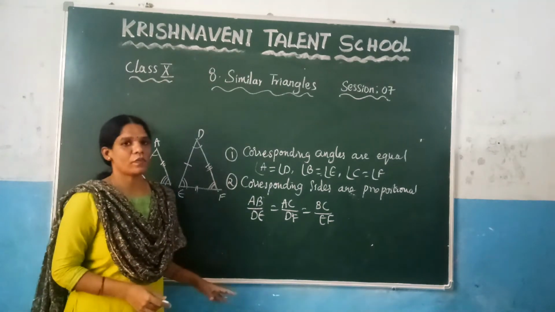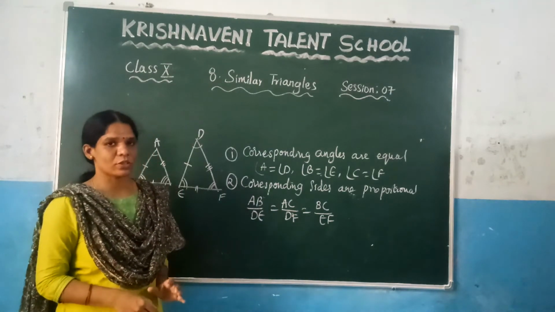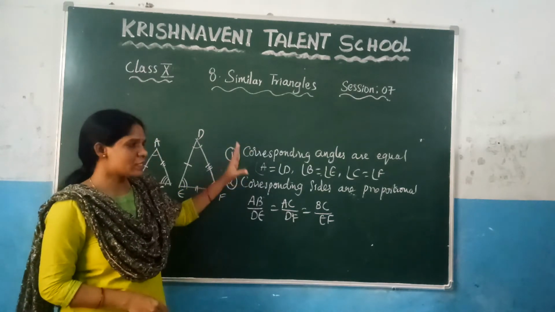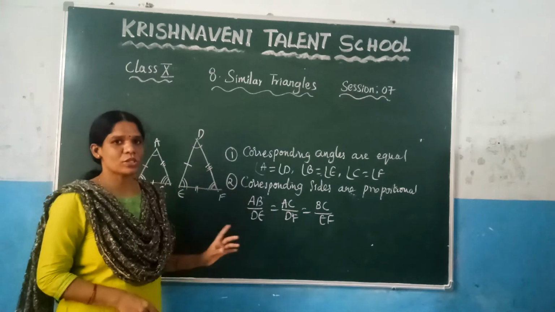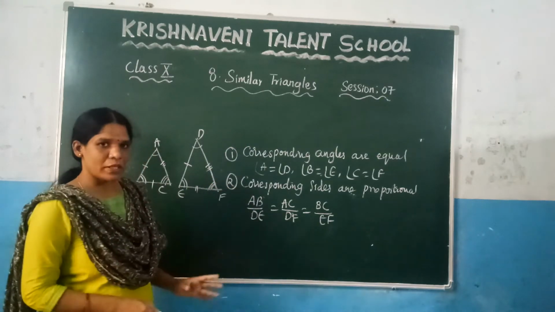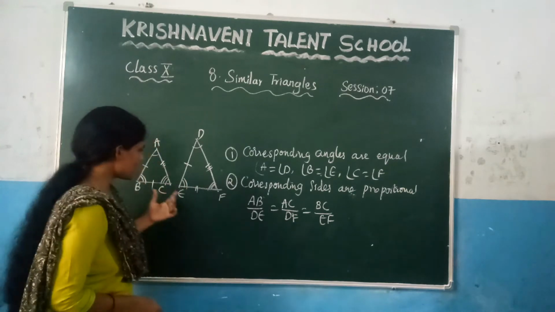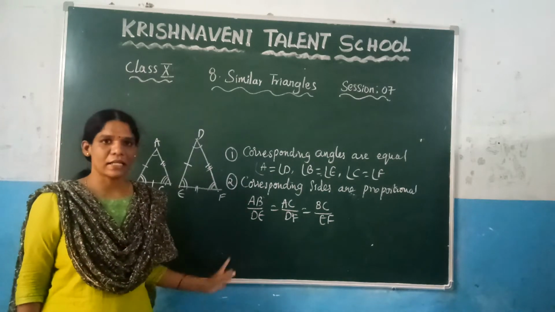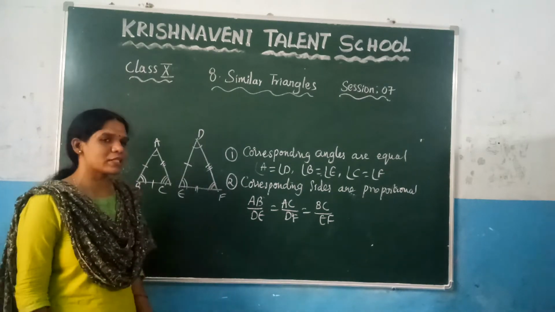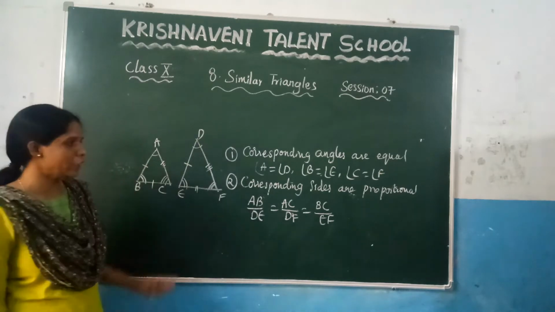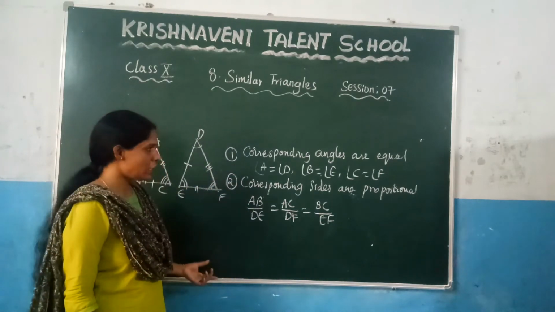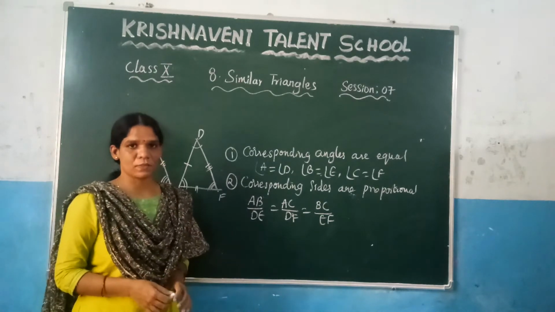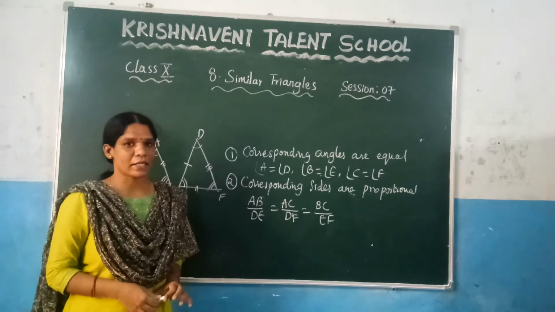But now we are going to prove three theorems. In those theorems, what they are saying is that if one condition is satisfied, that itself is enough to say that those two triangles are similar. That means if in these two triangles the corresponding angles are equal, then by angle similarity we can say that the corresponding sides are also proportional. There is no need to prove both conditions. It is enough to prove only one condition, which we are going to prove now in the form of a theorem. The first one is the angle similarity.